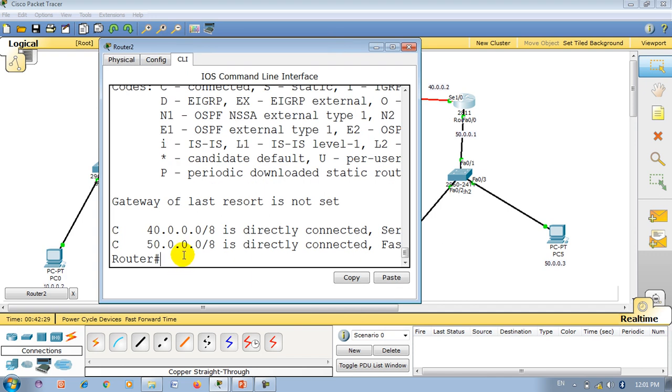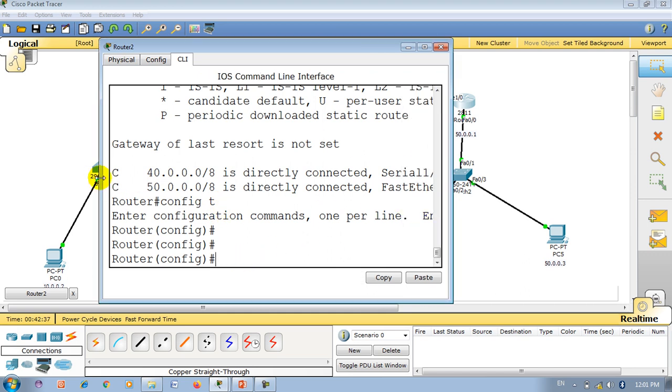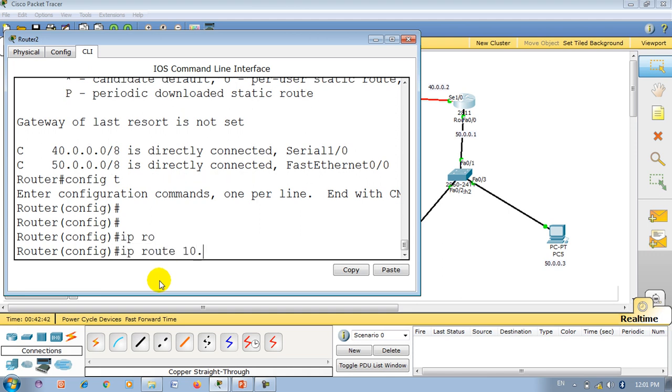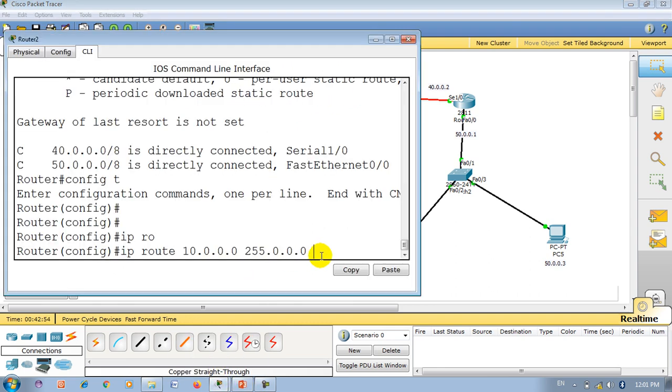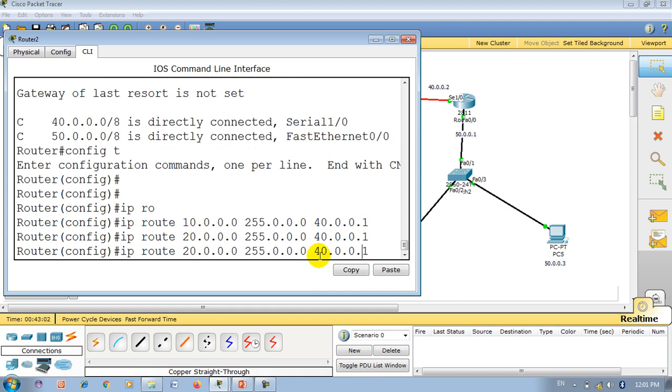The last one: this router has the knowledge of just 40 and 50. So we have to add the other routes. IP route 10.0.0.0, 255.0.0.0 and the entry point, from here on this side, 40.0.0.1. Press the up arrow key and change it to 20, and here 30.